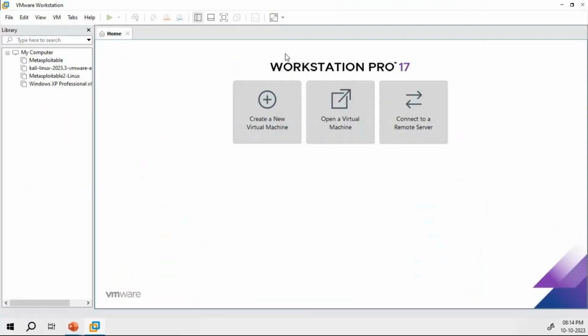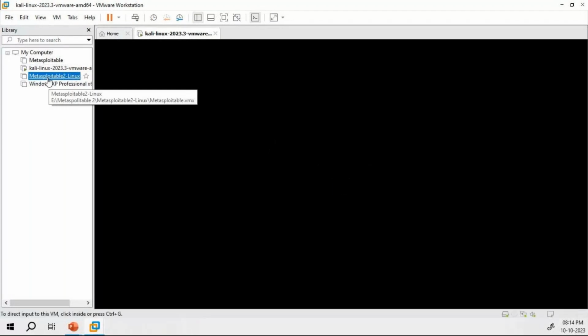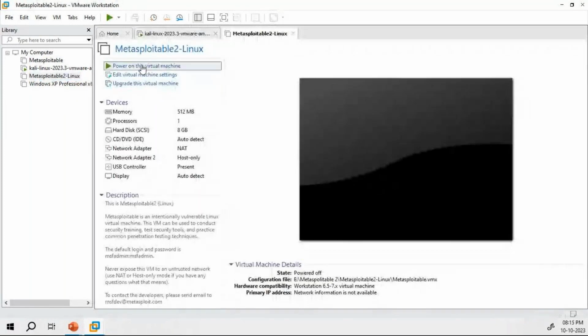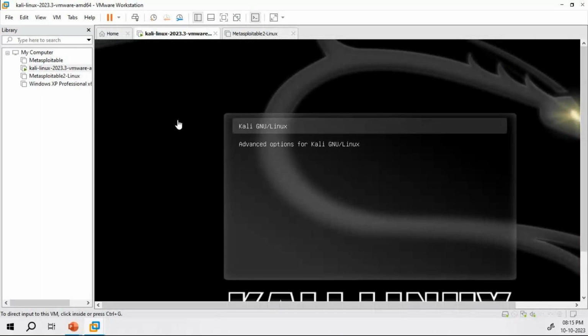Okay. So here I have this machine in place, Kali, right? And I have another machine in place, which is called Metasploitable 2. This is also a machine where we practice hacking. It is particularly for beginners. So what I'm going to do is that